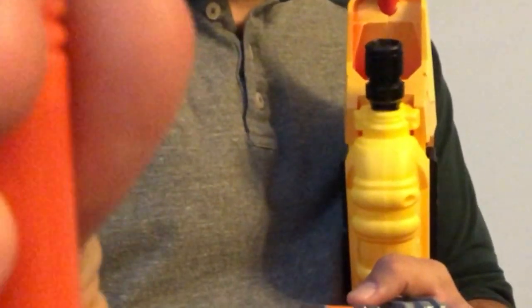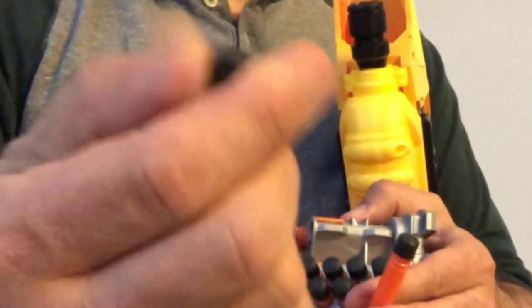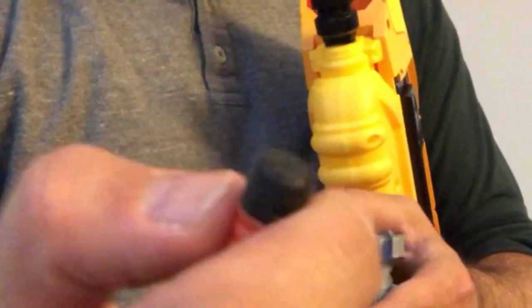And these are also tapered more narrow in the middle, with less material on the outside. They also don't peel up as easily as these older darts. Because of the reduced weight of the new darts,